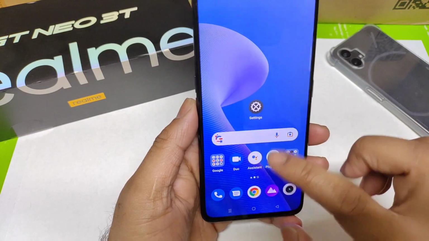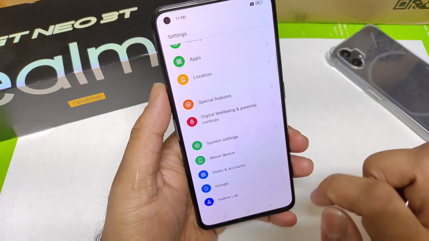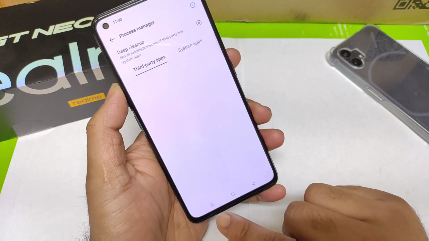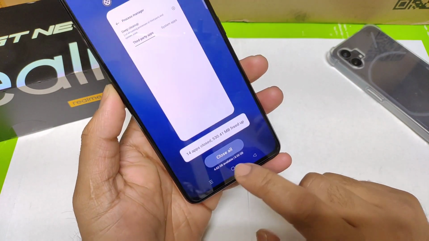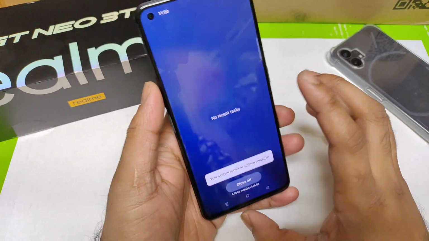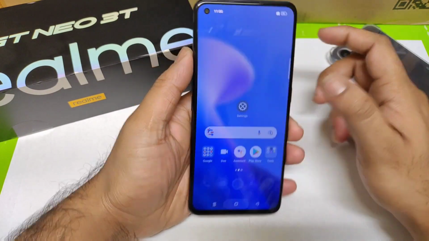So let's go to the settings and go to the system settings. There should be process manager, and let's do the deep clean and then check. Still showing 4.62 GB. So this is quick information, friends, regarding the RAM availability in the Realme GT Neo 3T